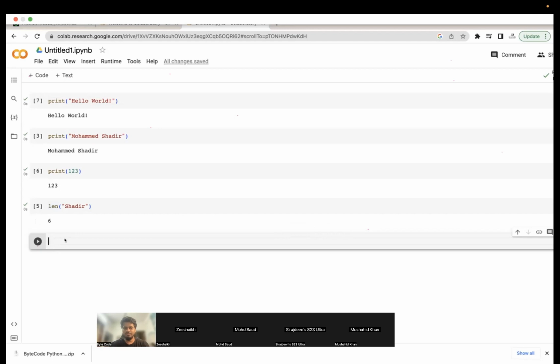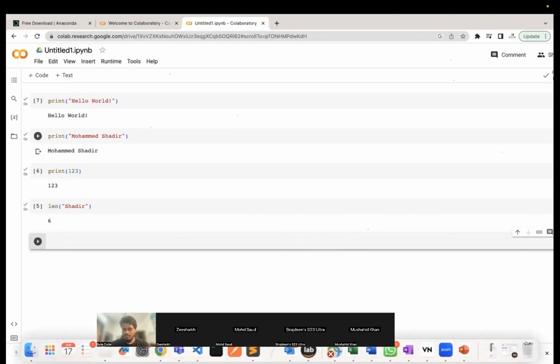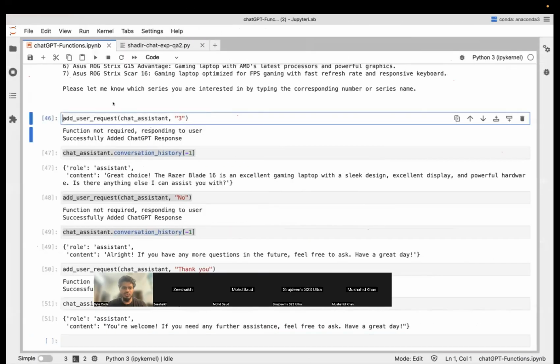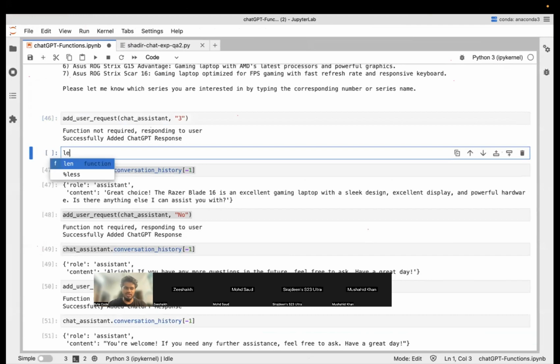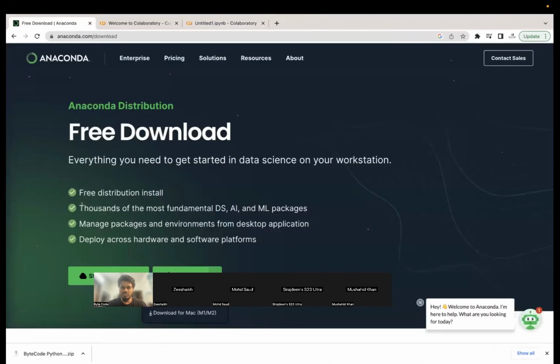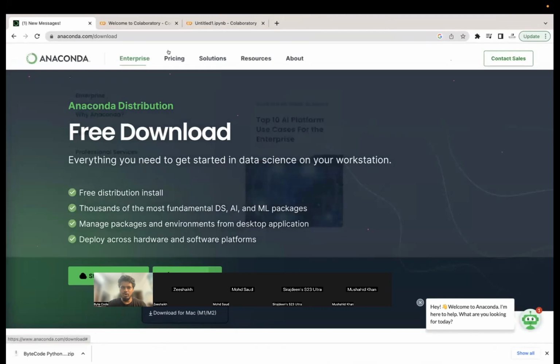Does it get auto-populated while we write code? If you say LEN, or press tab, like we do in PowerShell? Not here, because this is the Google app and it doesn't support that. But if you go to Anaconda and try something, see, here it will come. When you press tab, it will automatically give you all of the possible options. Here it is not supported because Google is not able to do that. But that is the reason why I have given you this to download. Until this is downloaded on your laptops, we will just work around here.